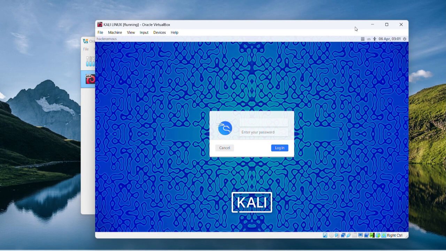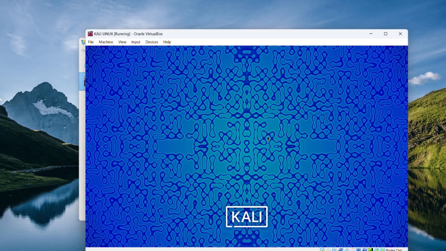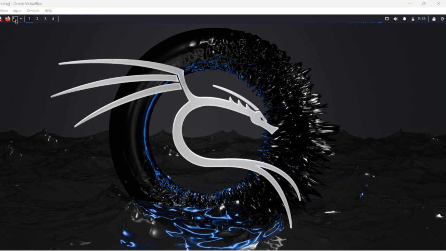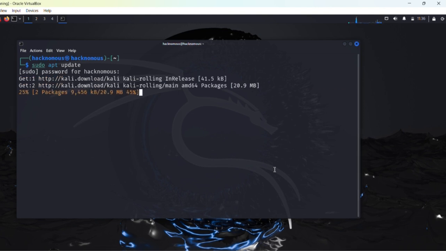Once it's done, reboot your system and log in with the username and password you created. So the very first thing you will need to do is update your system. So open your terminal and type the following command: